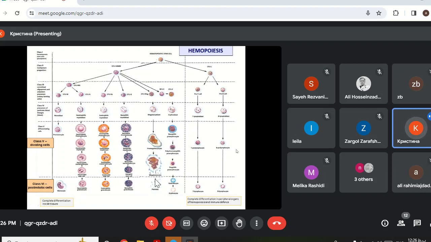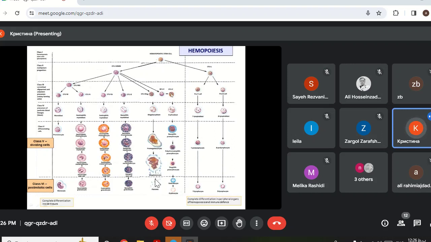And also you should be able to explain what happens during differentiation of any cell in blood. For example, if I ask you what happens during erythropoiesis, you say that first hematopoietic stem cell becomes from pluripotent multipotent and loses ability to become lymphocyte. So this cell cannot become lymphocyte, only some of these cells. Then